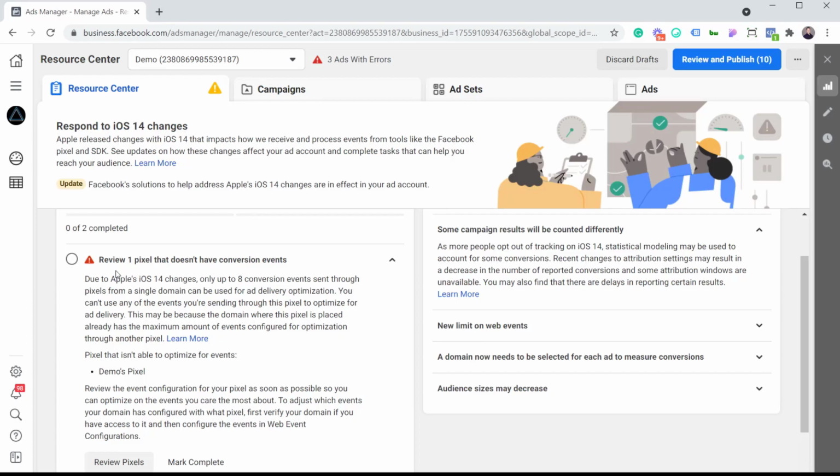So the first one that we actually see here is adding all the events that we want to be able to track with that specific pixel. So if you don't have that done, that might be one of the problems why you're not seeing conversions or add to carts or any of these important metrics that you're looking into when you're looking at your ads and your performance. So the way you can fix that is by navigating to Events Manager, and under your